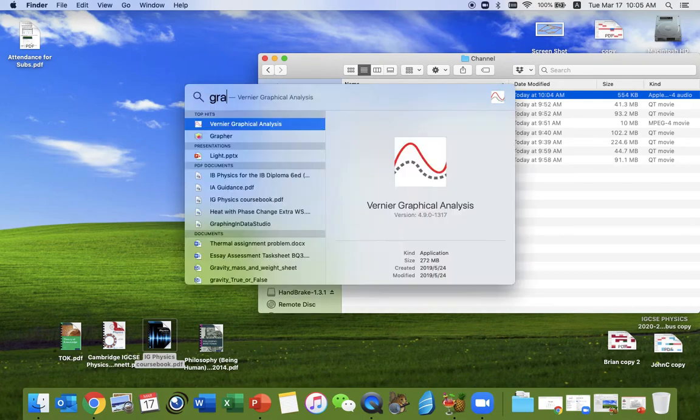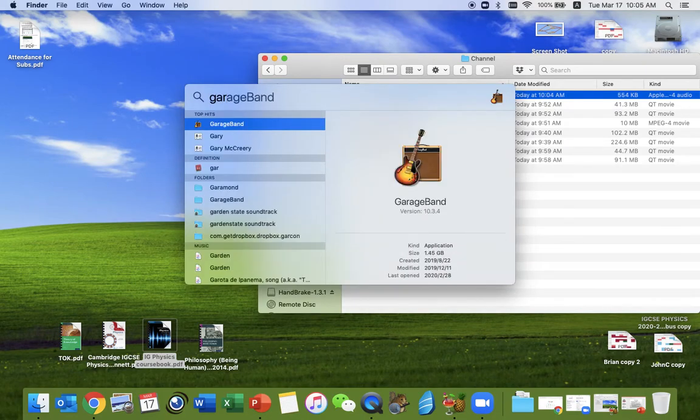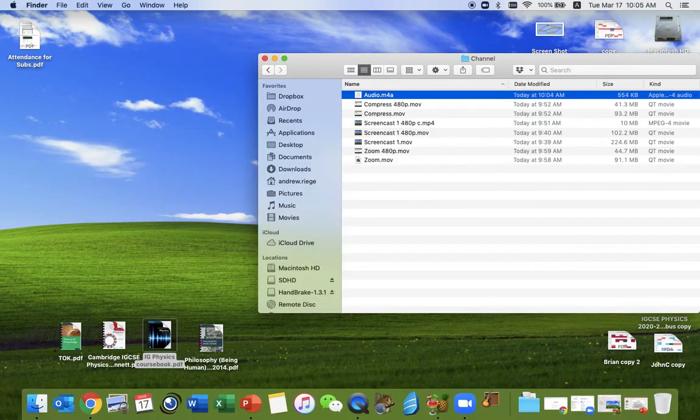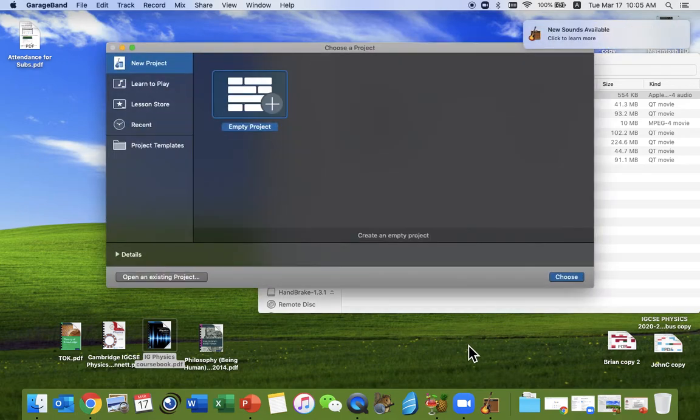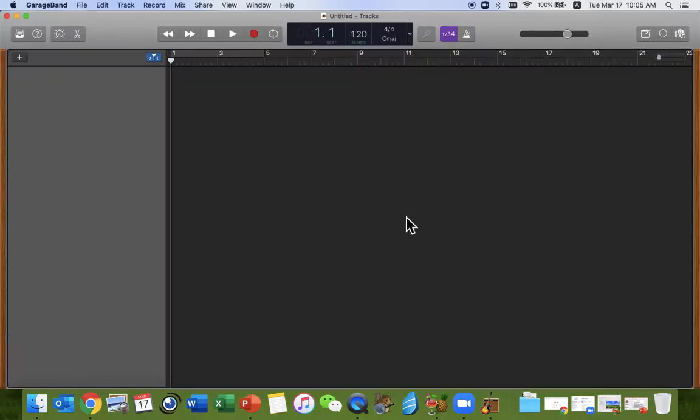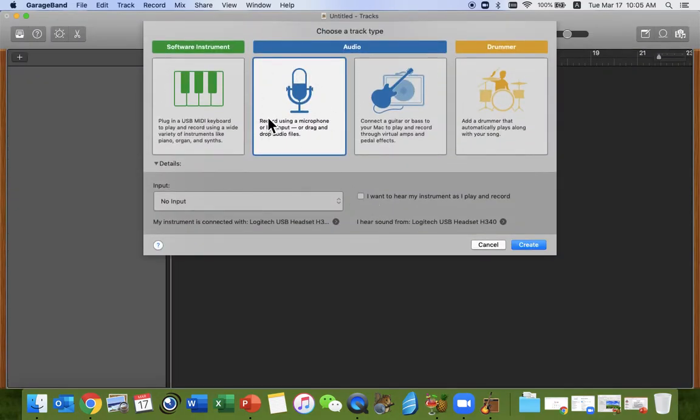If you're using a Mac, I'm sure there are lots of other PC programs to do this. You can just Google compress audio, but it comes with most Macs. You have something called GarageBand, which does way more than we're going to need it to do, but this is just something very simple and easy. You just click Empty Project, and then once it opens, we're going to record using a microphone or drag and drop audio files. So I'm going to hit Create,